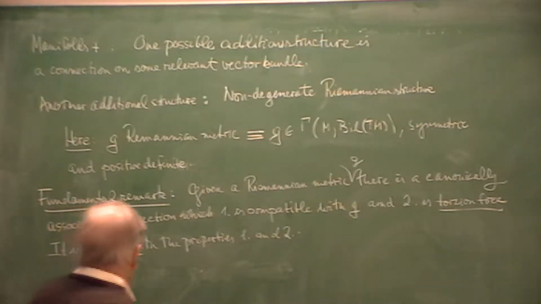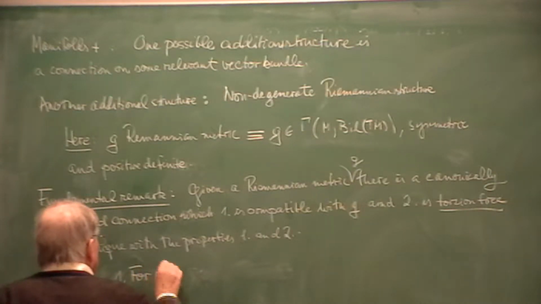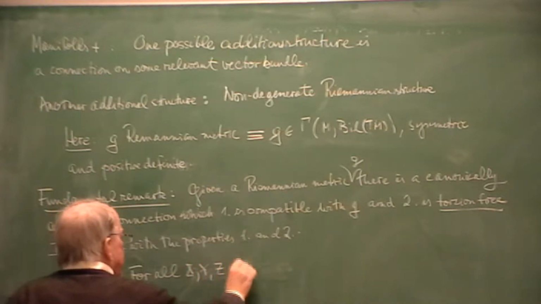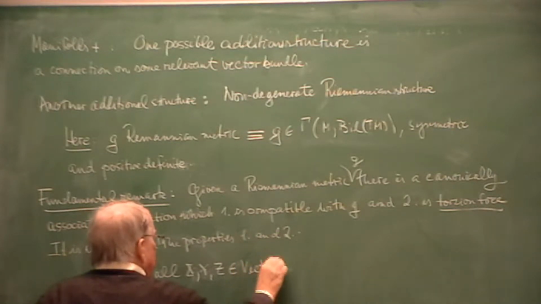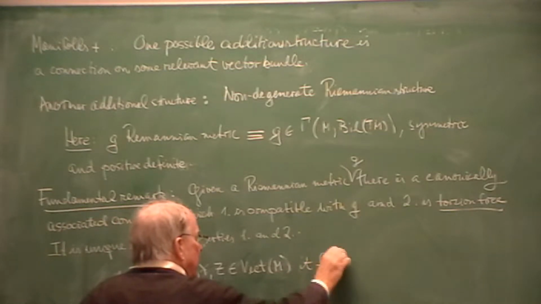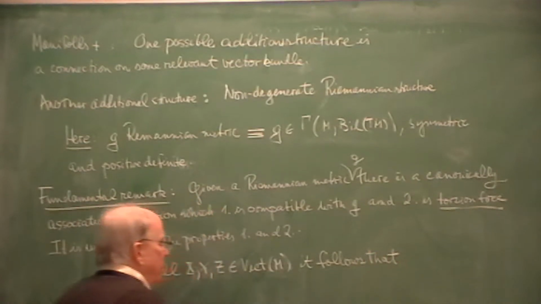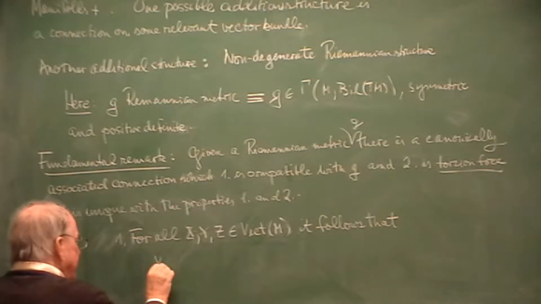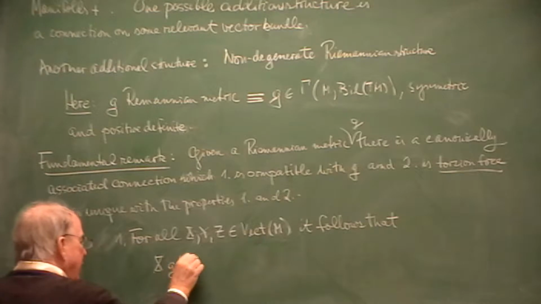So connection one is: for all x, y, and z, sections of the tangent bundle, so vector fields, it follows that x applied to G of y, z